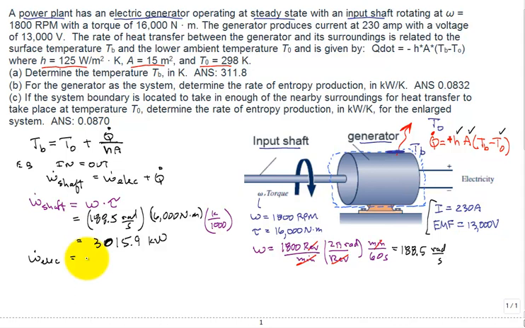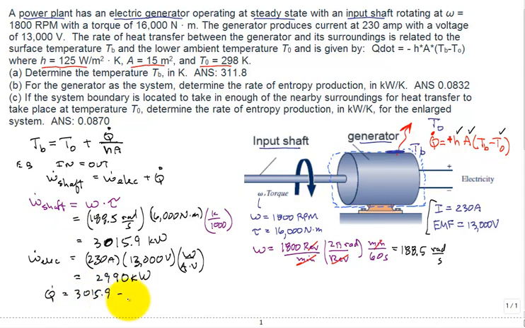So we'll just have the voltage of 13,000 volts times the current of 230 amps, and then a watt is an amp volt. And this comes out to be, for the electric, 2990 kilowatts. All right, so we find that the Qdot is equal to the shaft power in,